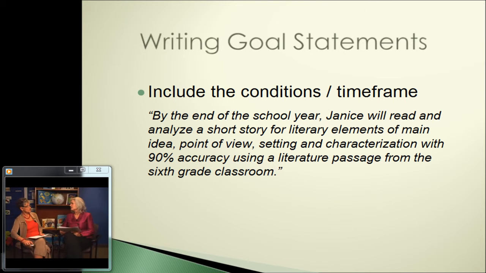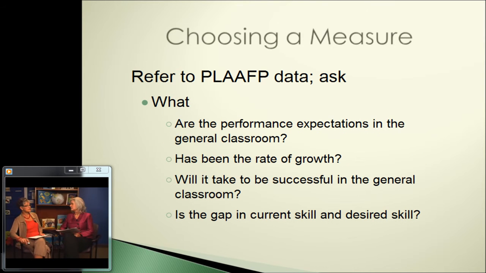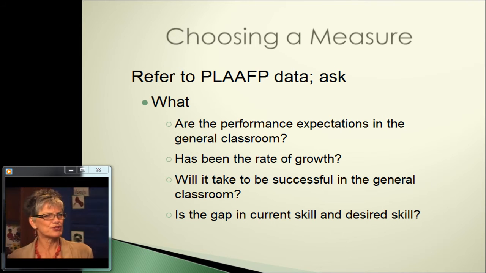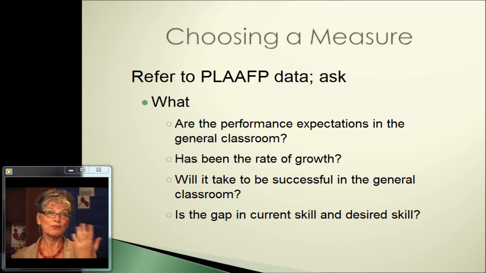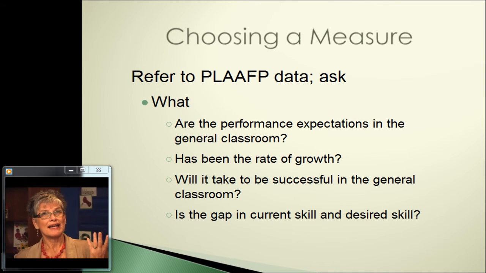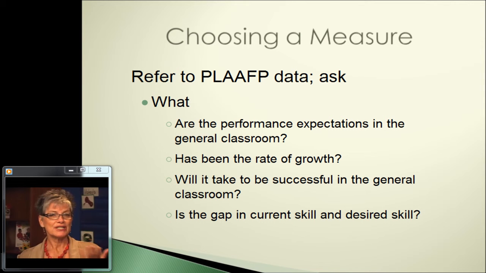Yes, I agree with you that choosing a measure is very tricky. I think sometimes it is the thing that gets us caught the most, or that we find the most challenging, because it's easy to say, well, 90%. But to what level does a student have to be able to achieve something in order for it to stick and to be used in 5 months from now or 2 months from now? Also, what are some different ways of expressing measures? Because 90% sometimes might be okay, but sometimes it might not be explicit enough.